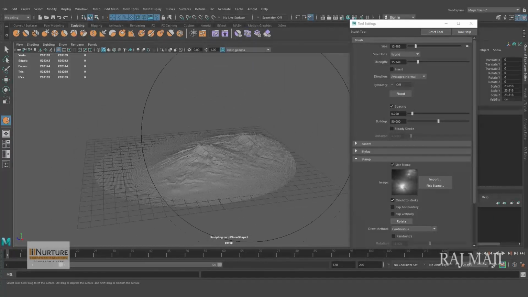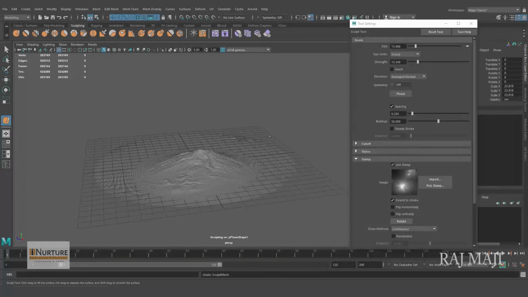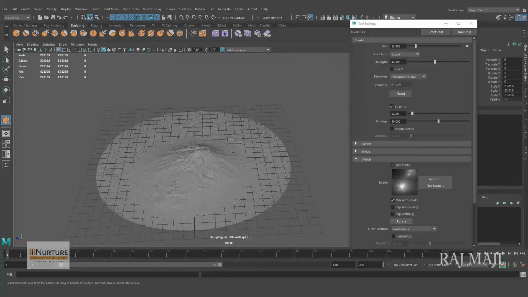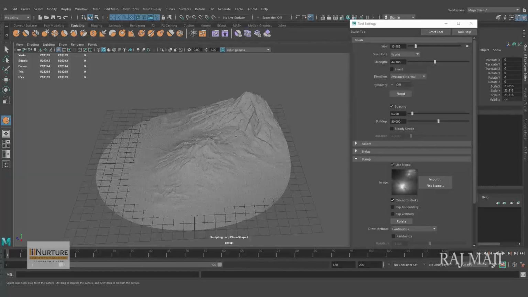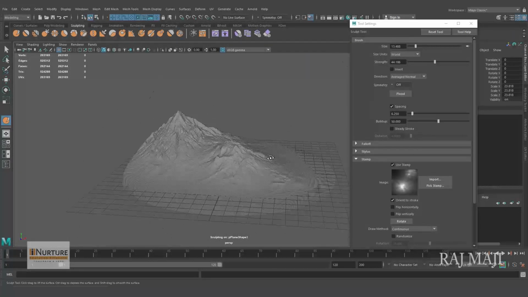Alright, so the other side can be a little elevated. What I am thinking, let's increase the strength. Let's sculpt on it once again. Alright, not bad.